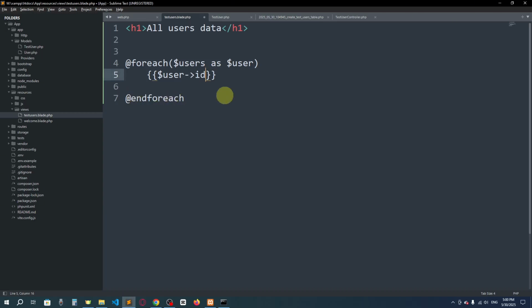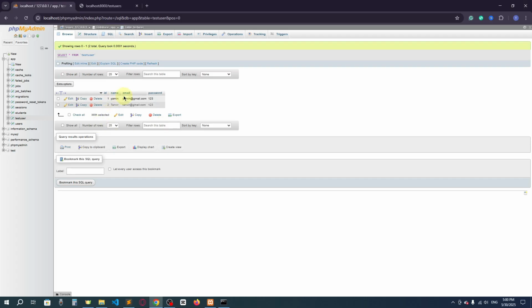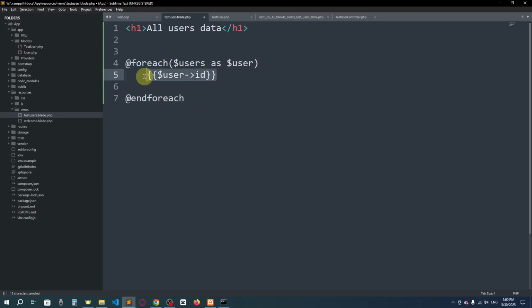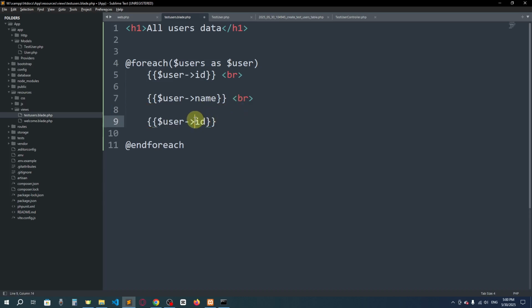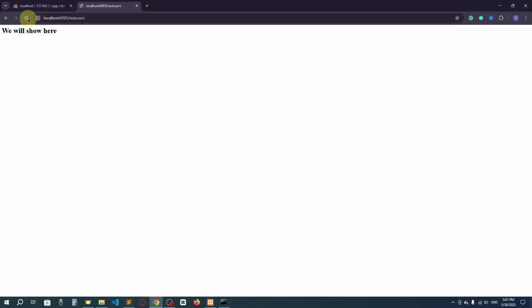So I will say id, and the second column is name, and email. I'll copy it and use a br here, then name, because the next column is name, then br, and then email. Now if I refresh,